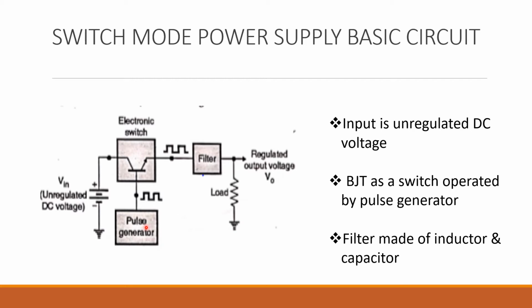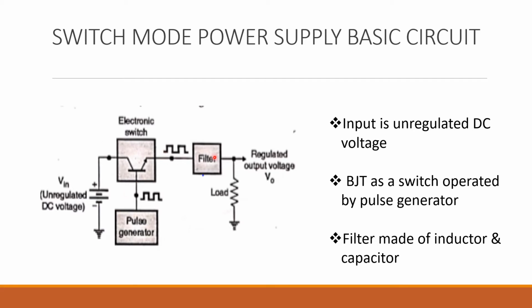Let us understand how this circuit works. This pulse generator will continuously generate the pulse having on and off time. For on time, the transistor is on, it means it will act as switch and it will connect unregulated DC with filter. For off time of pulse, your transistor is open circuit. There is no connection between unregulated DC and the filter section. Now let us see how you will get the constant output at this node. For on period of pulse, transistor is acting as short circuit between this terminal and this terminal. It is acting as switch. You can also say for on period of pulse, switch is on.